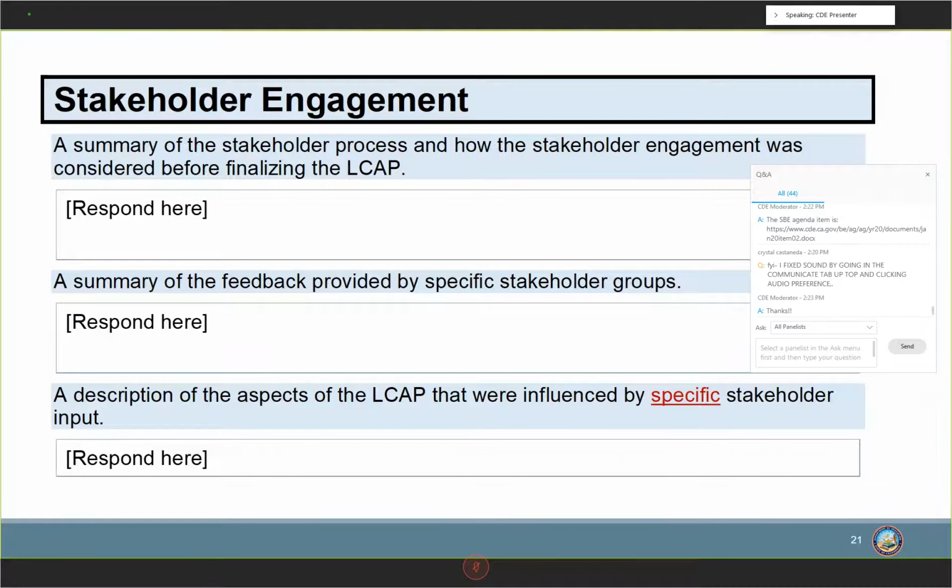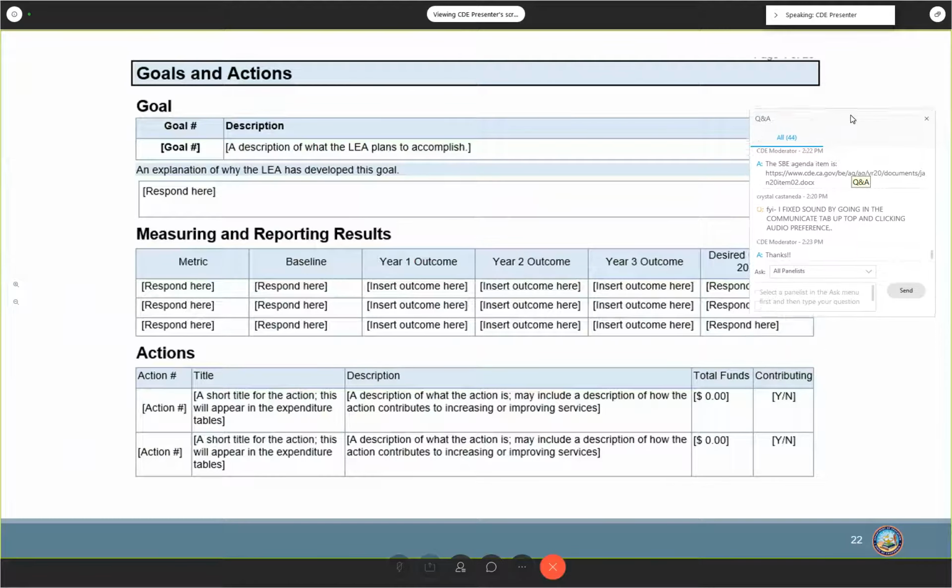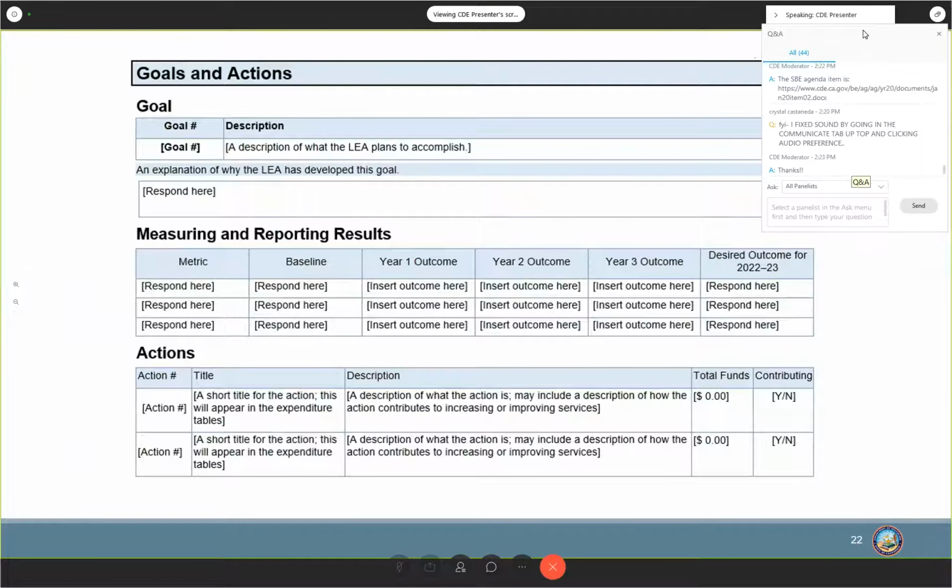Good afternoon. This is Jonathan Spiegel, and here we have the new goals and actions section for the redesigned LCAP. For each goal in the new LCAP template, you're going to have 3 parts. You can see 3 of the parts here: goal, measuring and reporting results, actions.